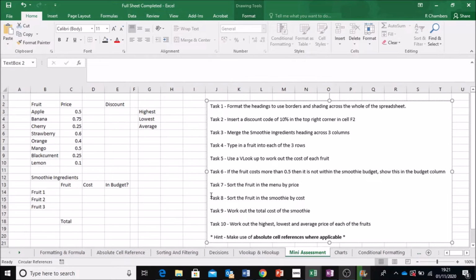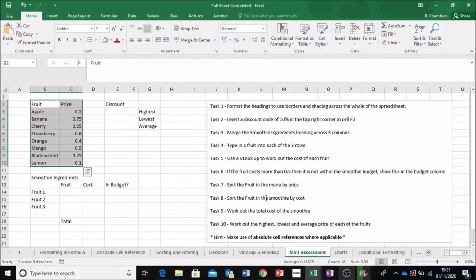Then you're going to sort this fruit menu at the top. All right, so you're going to sort this information by the price, okay? So I want you to show me the lowest price to the most expensive. Then you're going to sort this table here by cost, work out the total using formulas, and then work out